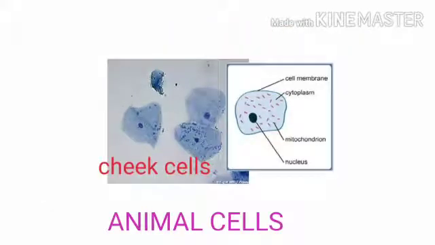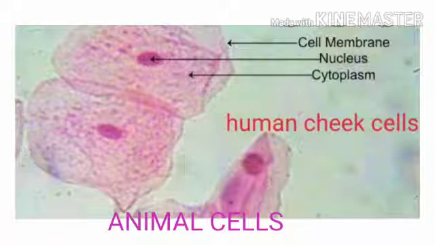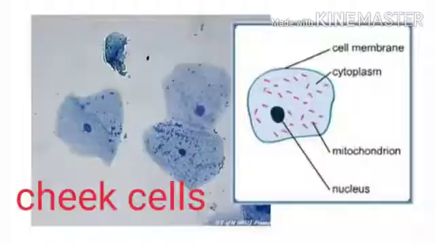Now in animal cells studied under microscope, we find not a regular pattern of cells but scattered cells, which are polygonal, irregular in shape, with a darkly staining nucleus in the center and a thin plasma membrane surrounding the cell cytoplasm. Of course, you cannot see cell wall, chloroplast or vacuoles in animal cells.